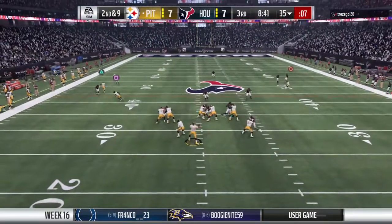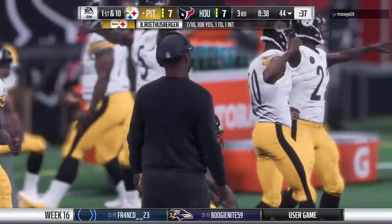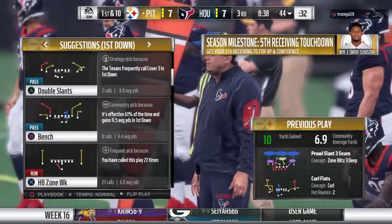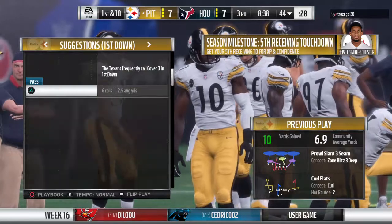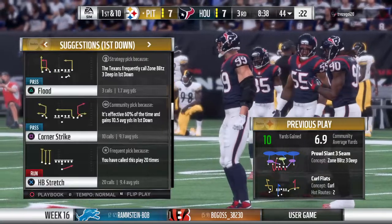On 2nd down, Roethlisberger. Throwing the out route incomplete. That's Bryant. A Steeler first down, Roethlisberger to Bryant. An ex-teammate used to tell me all the time, I hate experienced quarterbacks because no matter what, you really can't hide what you're doing. And I think that right there, he knew right away where the blitz was coming from, where his primary guy was going to be, and he ended up going to a secondary target